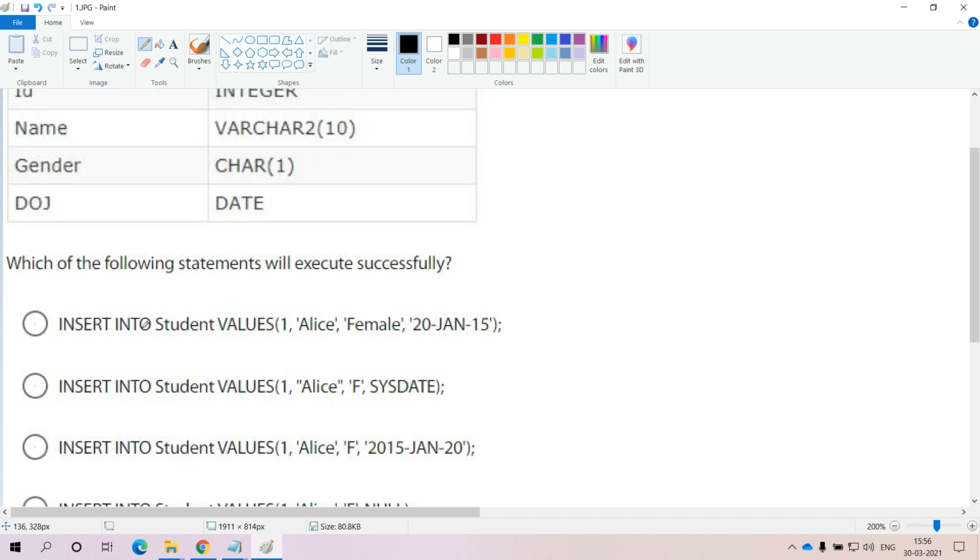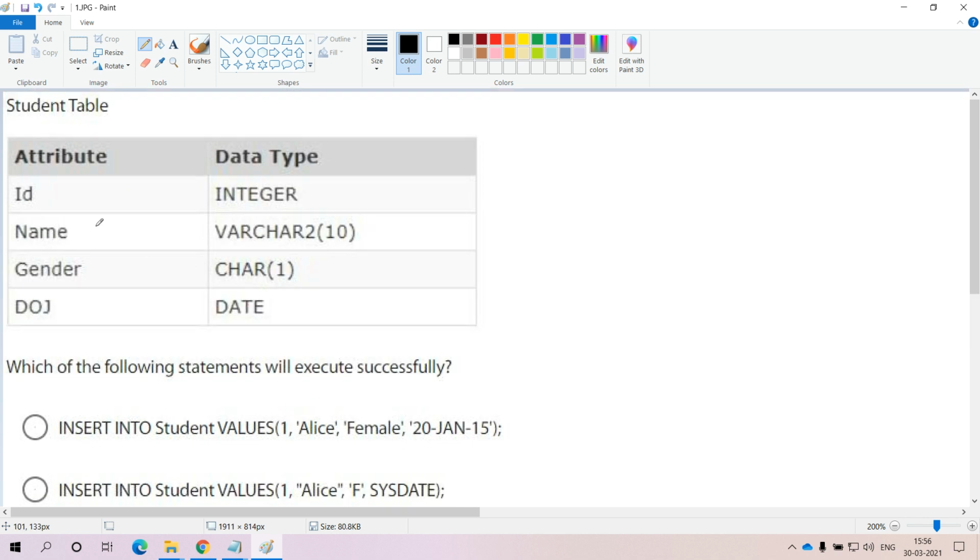Coming to the first statement, the question is with respect to the insert query. The first query is insert into student values. The query syntax is correct. Insert into student is the table name, and in values, the first attribute's data type is integer, so we can store integer 1, comma, and the name of the person, which is of type varchar2, so we need to provide a varchar string. Especially within the Oracle database, if you want to provide a string, we have to enclose it in single quotes. So here we are providing the name of the person within single quotes,